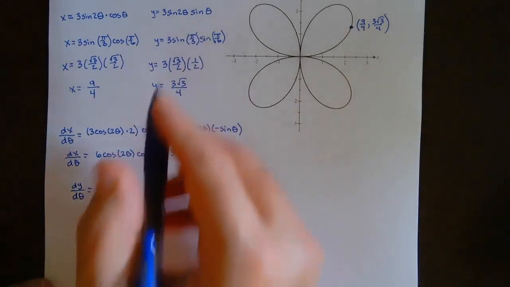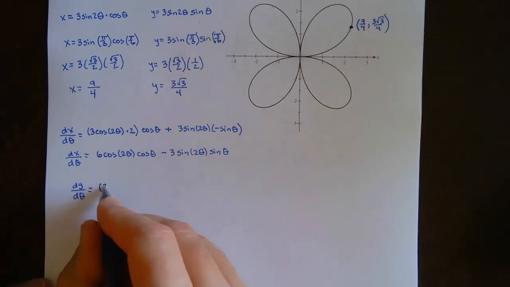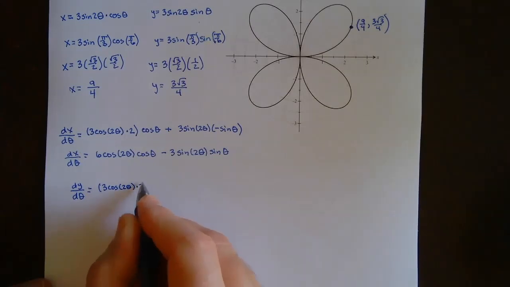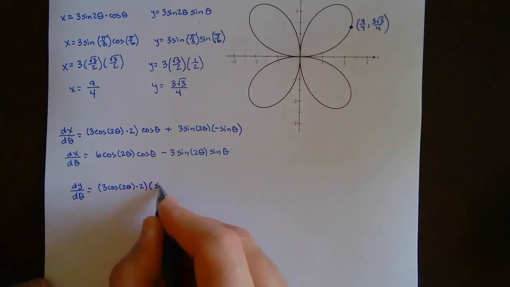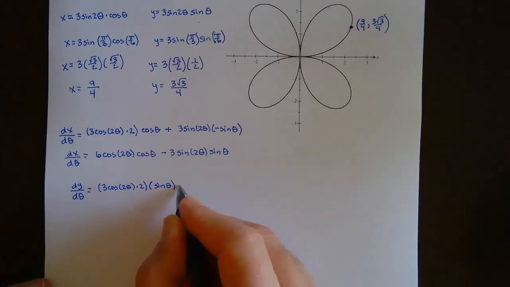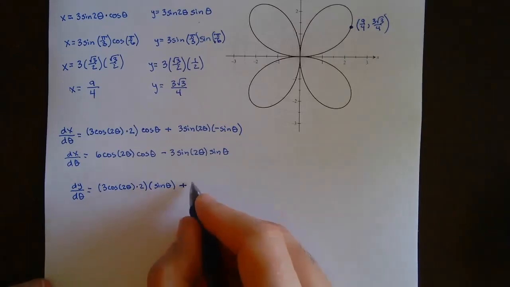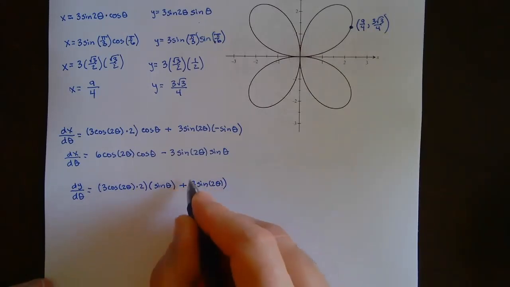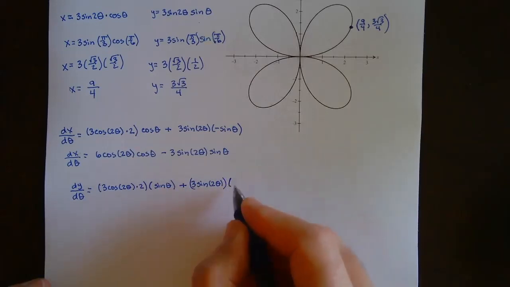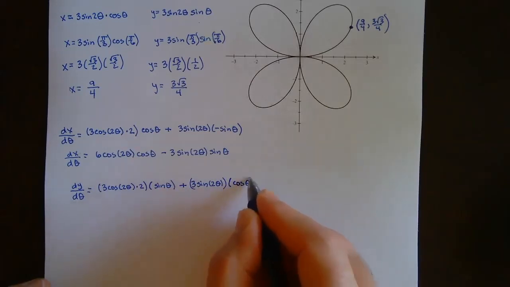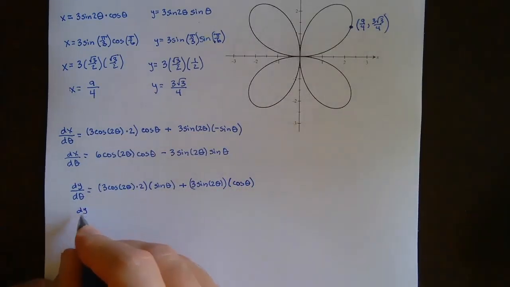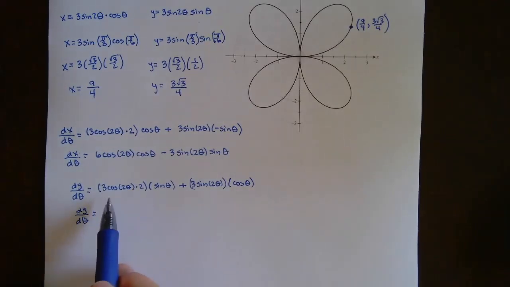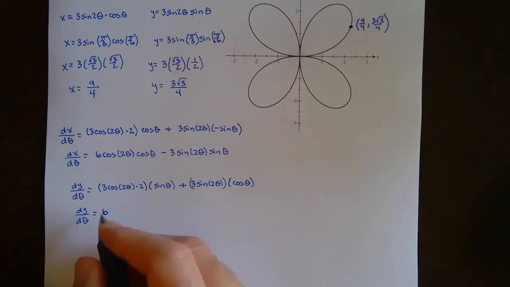The derivative of 3 sine of 2 theta would be 3 cosine of 2 theta times 2 times sine of theta, plus 3 sine of 2 theta times the derivative of sine theta, which would be cosine of theta. So dy over d theta would equal